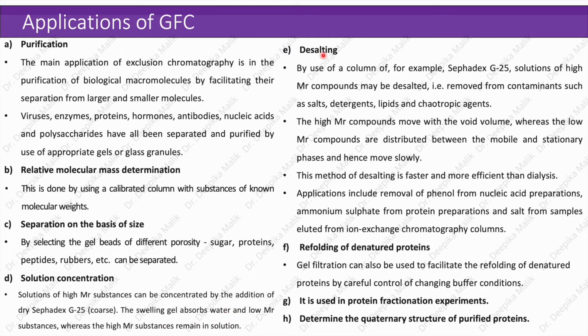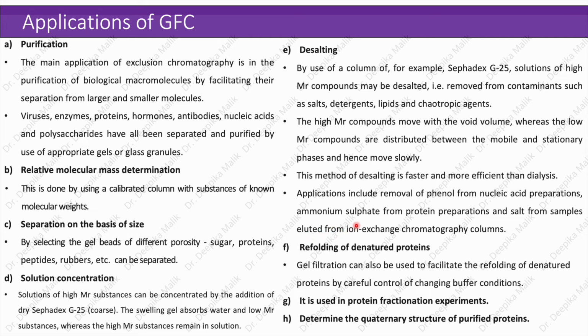Another application is desalting by use of a column of, for example, Sephadex G25. Solutions of high molecular weight compounds may be desalted, that is, freed from contaminants such as salts, detergents, lipids, and chaotropic agents. The high molecular weight compounds move with the void volume, whereas the low molecular weight compounds are distributed between the mobile and stationary phases and hence move slowly. This method of desalting is faster and more efficient than dialysis. Applications include removal of phenol from nucleic acid preparations, ammonium sulfate from protein preparations, and salt from samples eluted from